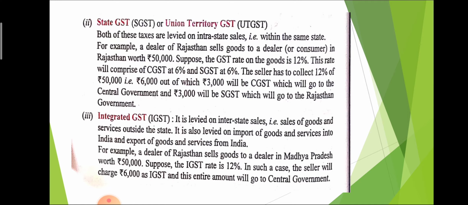not paid to the state government. So when the transaction exists in the same state, there are two types of taxes, one is CGST and the other one is SGST. Where CGST exists, SGST also exists. But when the transaction occurs between two states, that is considered IGST, and IGST is the combination, and the whole tax is paid only to the central government, not to the state government.